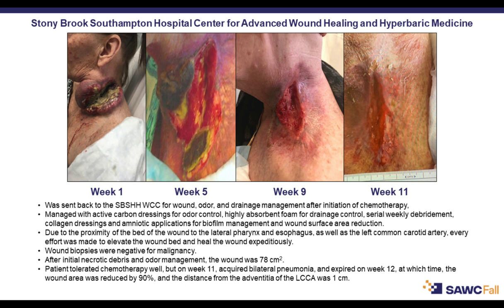When in the last slide you're showing this patient who passed away after 1 week, was the wound completely free of the cancer? It wasn't completely healed, but it was half of what it was in the last slide. No, but was the wound completely free of cancer? The wound was completely free of cancer with 2 PET scans and multiple circumferential biopsies. And after that, you started using the...